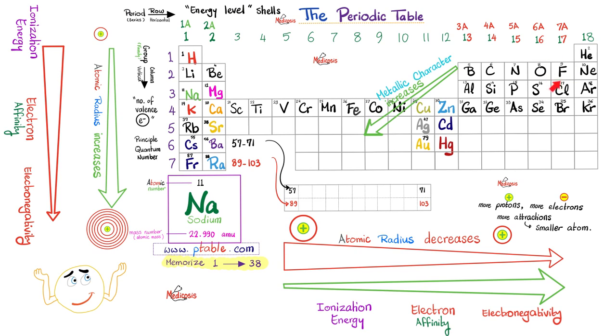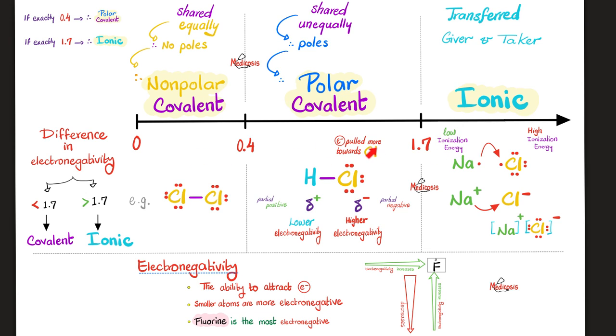Here is electronegativity. What's the most electronegative atom? Fluorine. So if I'm going this way, away from fluorine, electronegativity decreases. But if I'm going this way towards fluorine, then my electronegativity tends to increase. And this electronegativity is so important because the difference in electronegativity between different atoms will determine the type of the